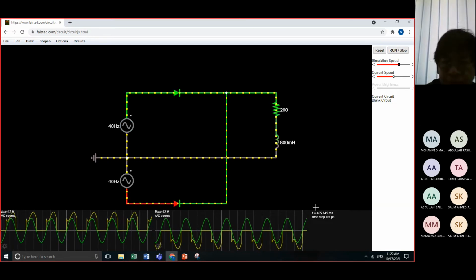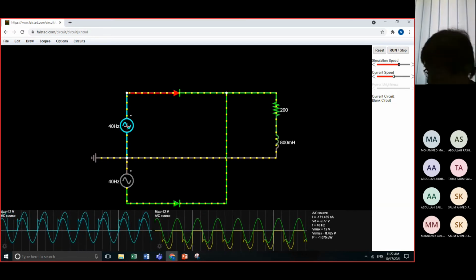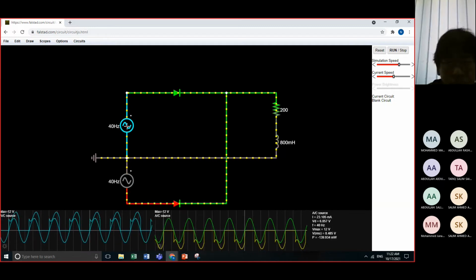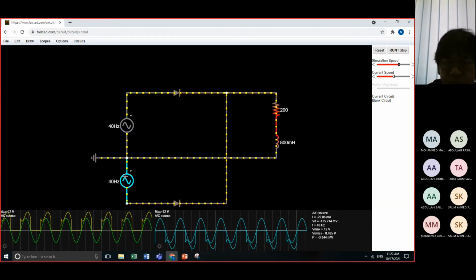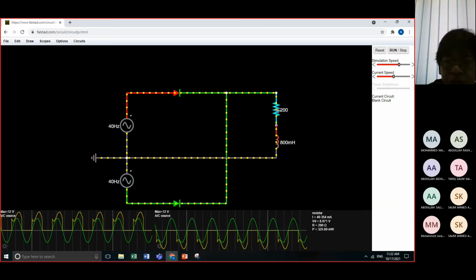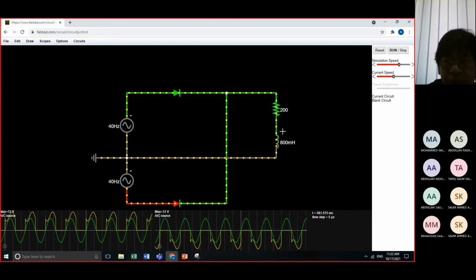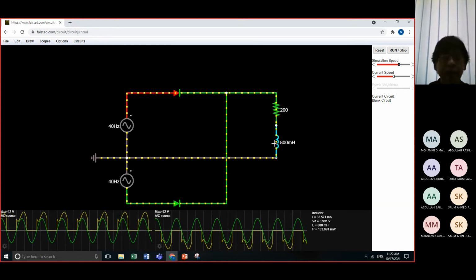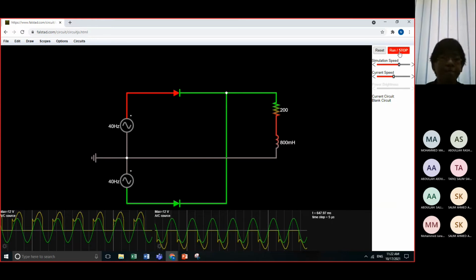You will see here the specs that you insert. Okay, 40 hertz, 12 volts. Here, I have a frequency of 40 and 12 volts also. My resistor is 200, and my inductor is 0.8 Henry. Okay, so I will stop.